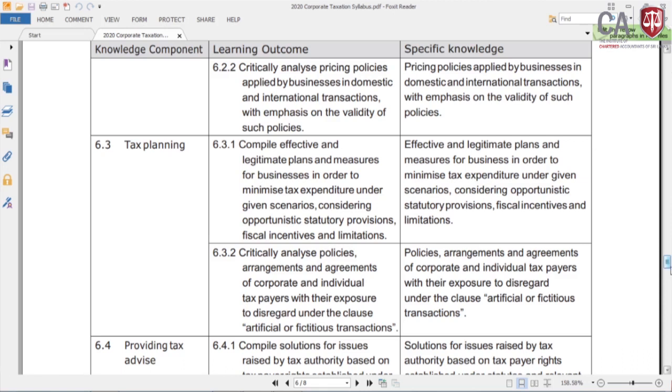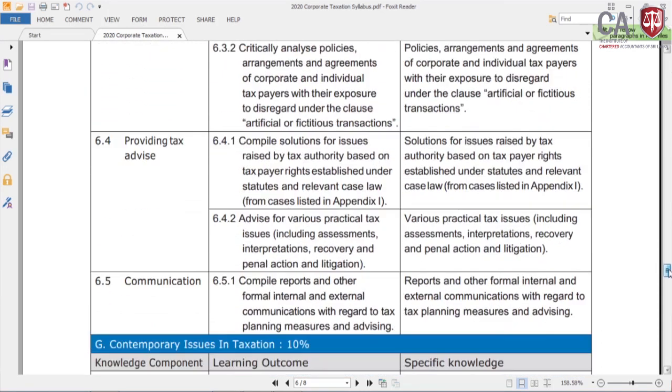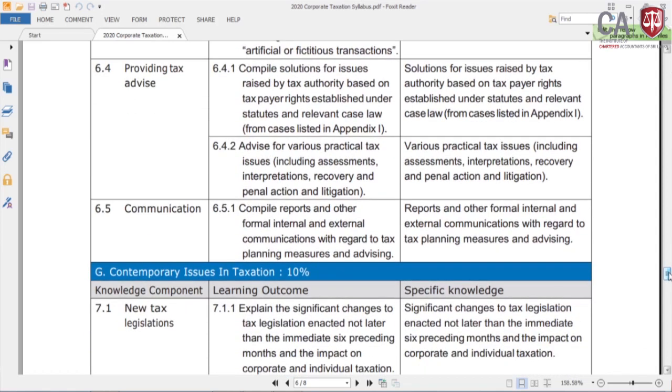Okay. Then providing tax advice. Now, based on all these things, how in your paper are you going to provide tax advice? Compile solutions for tax issues raised by the tax authority, that's one part. Advice on various practical tax issues including assessment, interpretation, recovery, penal provisions and all this. Communication, compile reports. If you have analyzed your paper, the examiner repeatedly asks you to compile a brief memorandum. This type of thing is tested in your examination. Compile reports and other formal internal and external communications with regard to tax planning measures and advising. Now see,